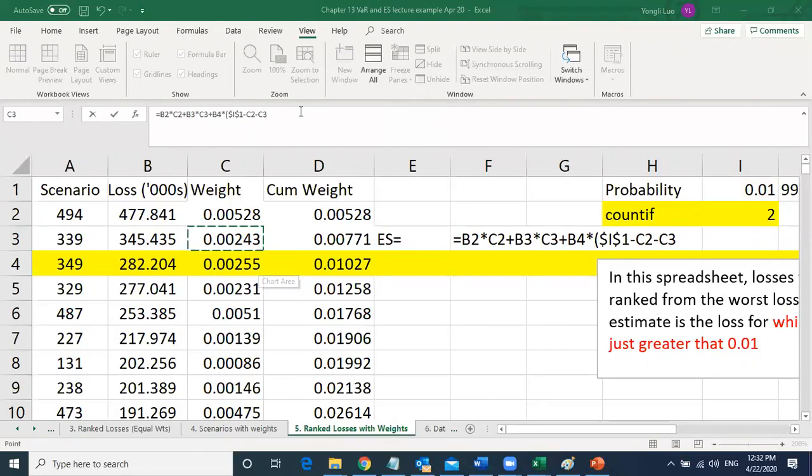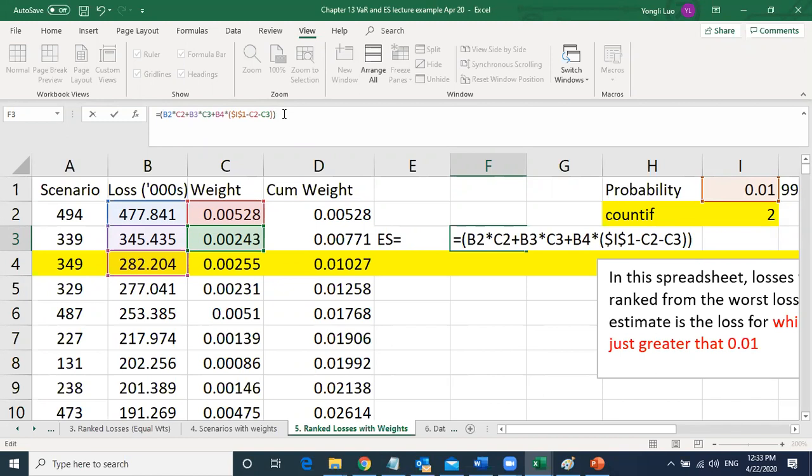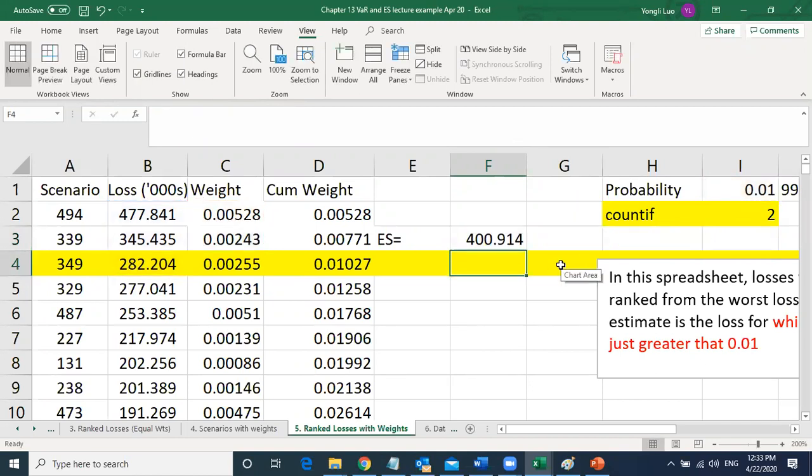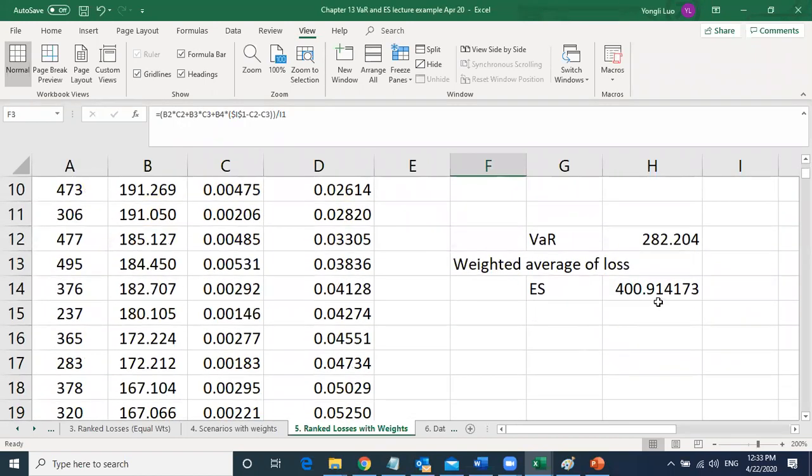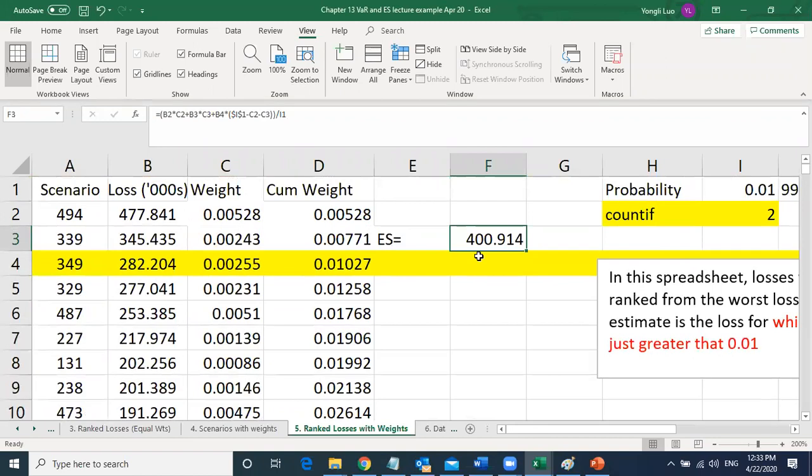Because this is the sum product, you have the weighted losses divided by your probability. So your expected loss is going to be 491. Okay, so I have this one finished, so you can work on your assignment